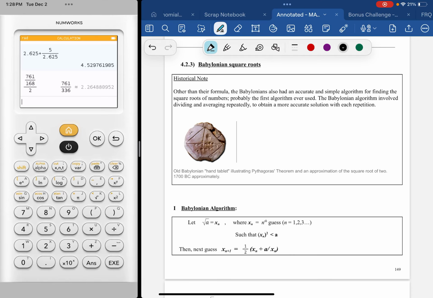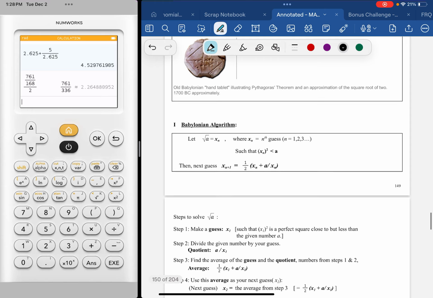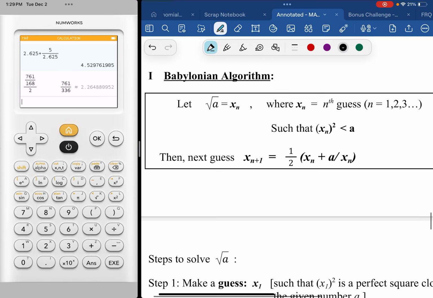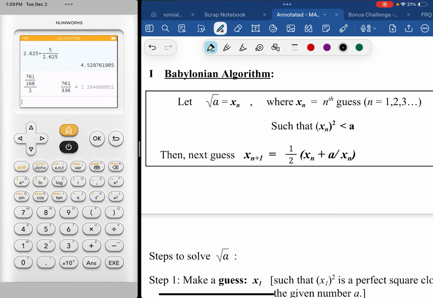All right, so in 423, we're looking at the Babylonian method for finding square roots. It's an algorithm that involves iterations, right? So repetition. It's not the most, let's say, mathematically elegant way of doing it, because it actually lends itself to technology a lot more than some of the other techniques. But there's a lot of number crunching, and it sort of begs the question of like, if technology